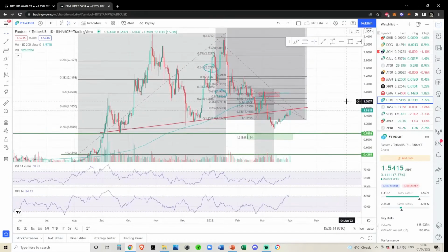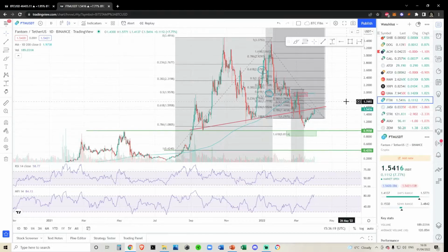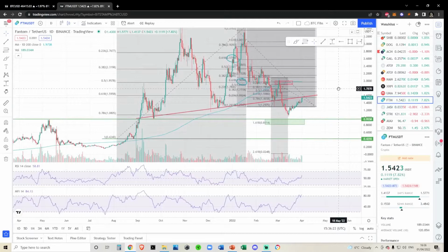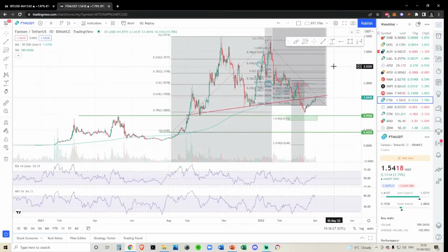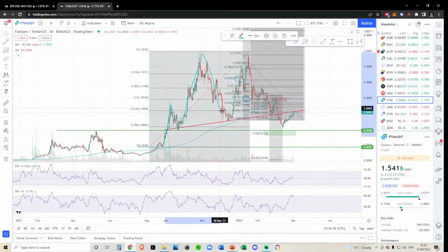Now it does look very good, but I would just be slightly cautious on entering a trade on Fantom until we do hop over this big red line. You can see this has previously been resistance. Once we hopped over it, we had a massive rally, backtested it as support, had another massive rally, came back down, backtested it as support, had another massive rally, backtested it again, had a somewhat dead cat bounce,